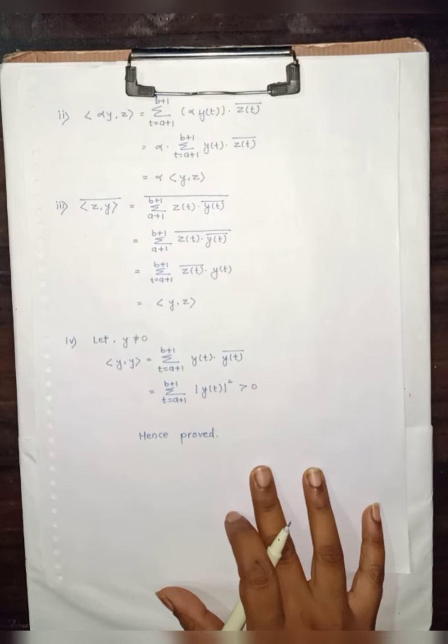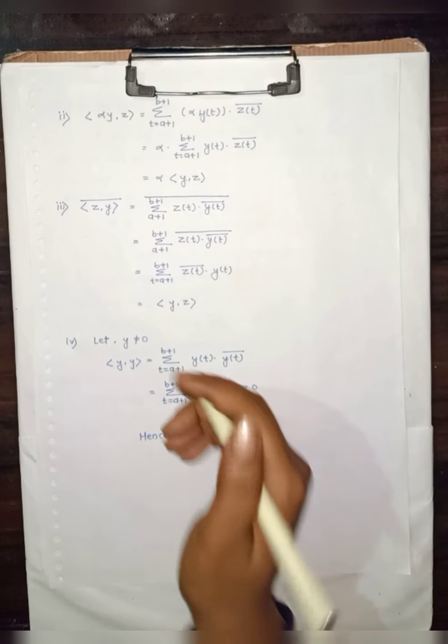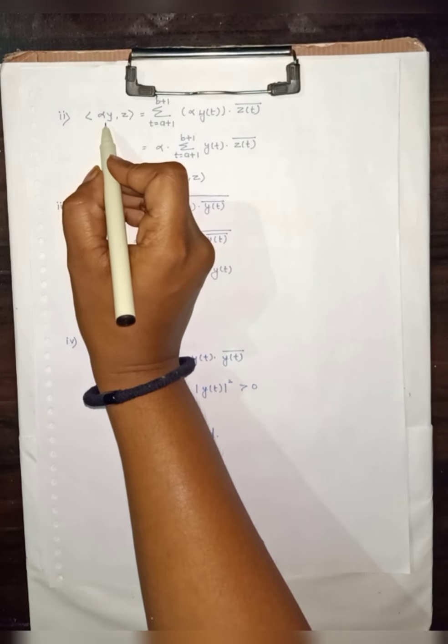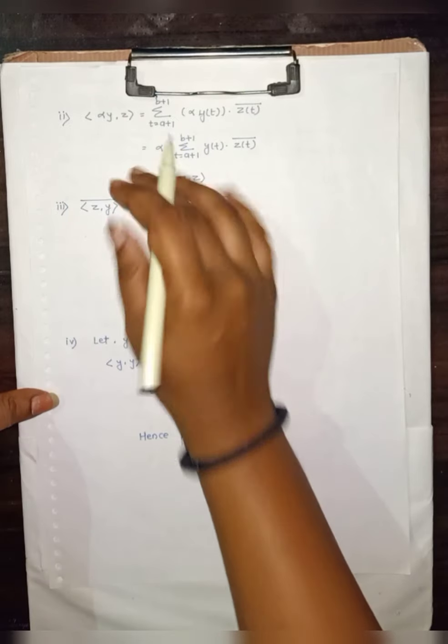So the first property is proved. We will see the second property now. That is, the inner product of alpha y and z